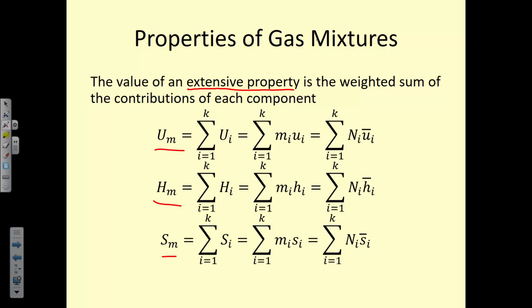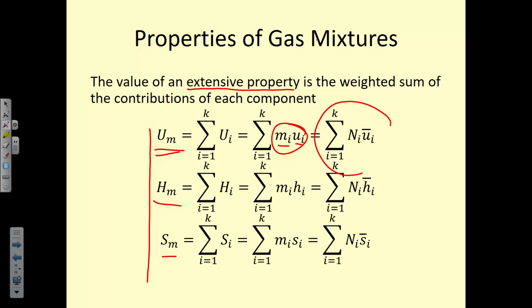Okay. All right, so the extensive properties will be the weighted sum of each component. So this is similar to what we were doing for some of the other values, like when we were determining the total mass, or the total number of moles, that it's the weighted sum of the individual components. So this is an extensive property. It does depend on the size or the extent of the system, but it's the mass multiplied by an intensive property. So we can add the weighted sum of each of these components together and find the total average internal energy, or the total average enthalpy for our system, which is a mixture of these individual components.